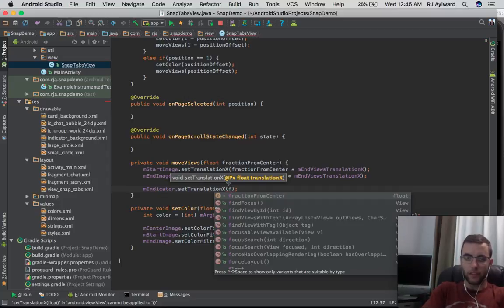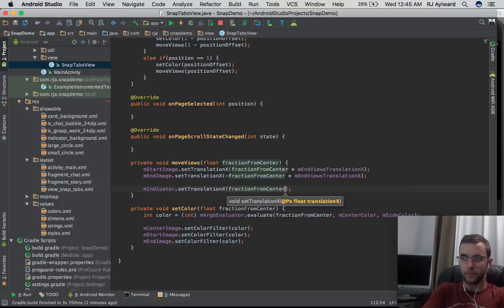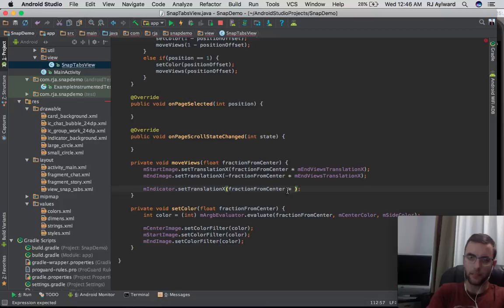So the fraction from center multiplied by the, well, let's think about this. As the indicator moves, we want the indicator to go, it's actually not going to be this simple, because